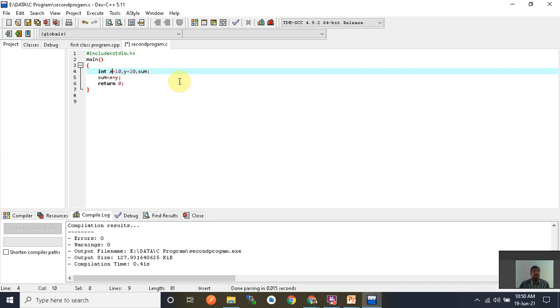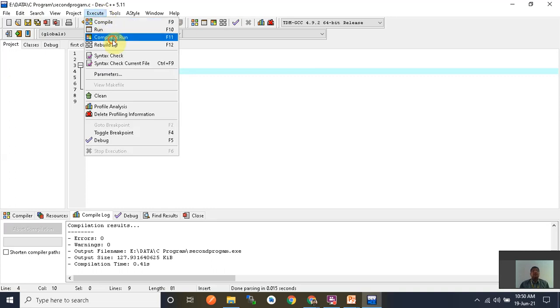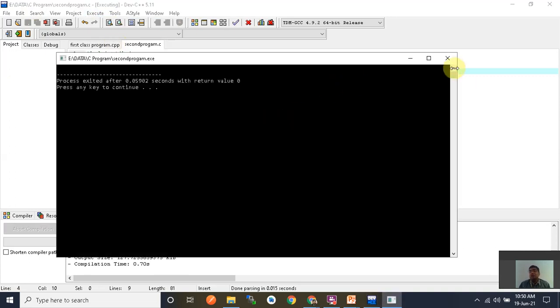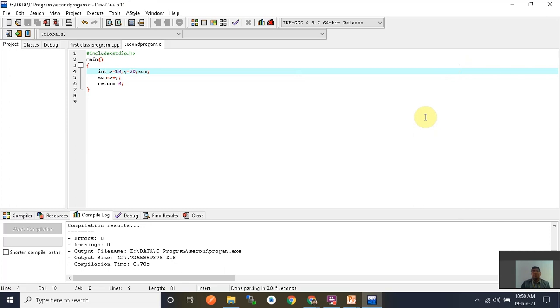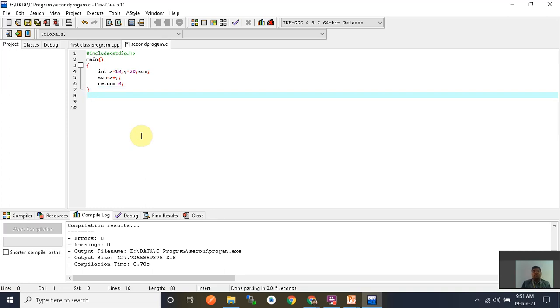Now you run this program, but nothing is shown on the screen because you don't use the printf function. The printf function shows the output. Now you want to show the values of x, y and sum. There are some new keywords for that. If you use an integer, then you use %d. It indicates the integer in printf.